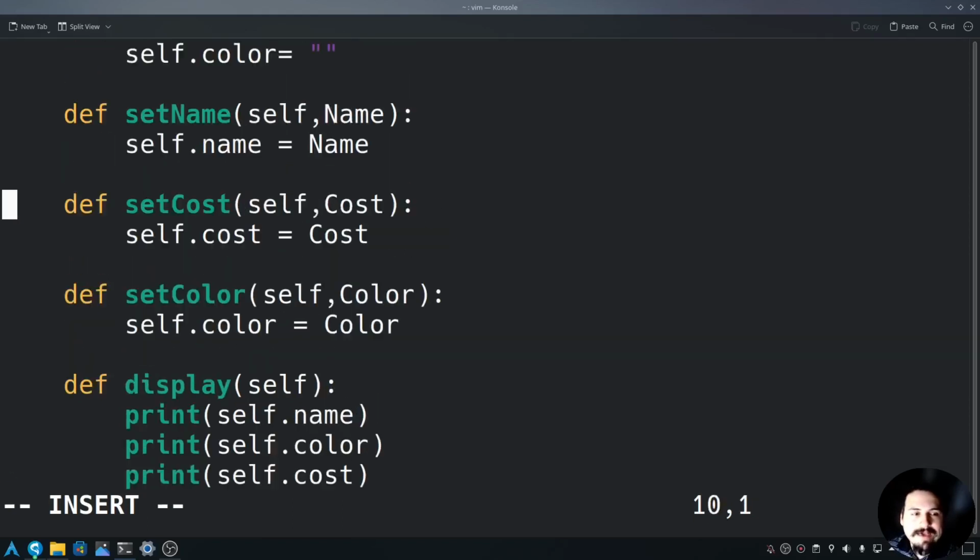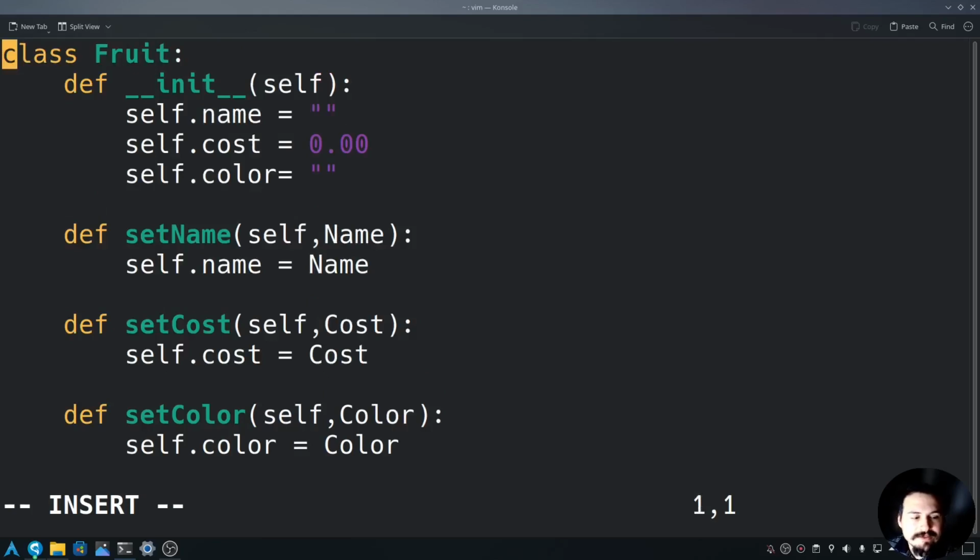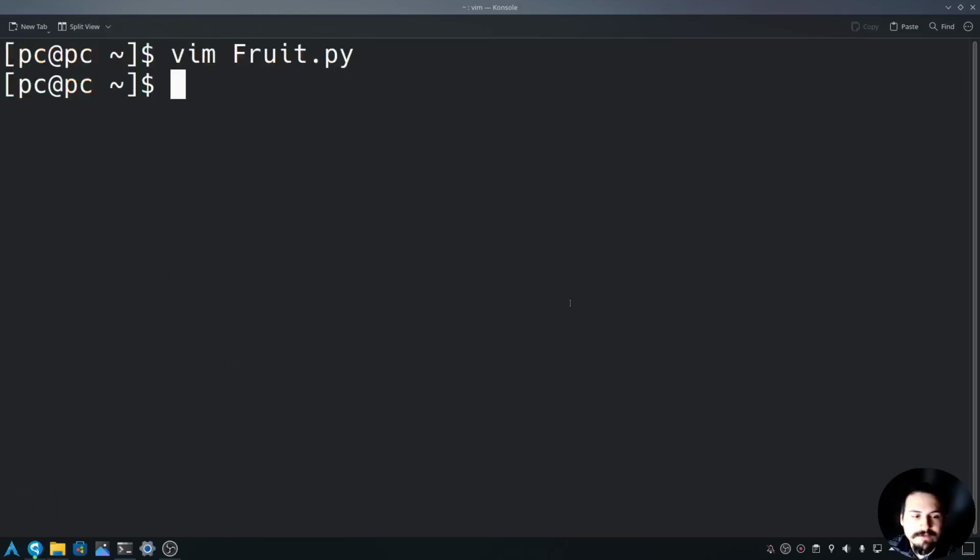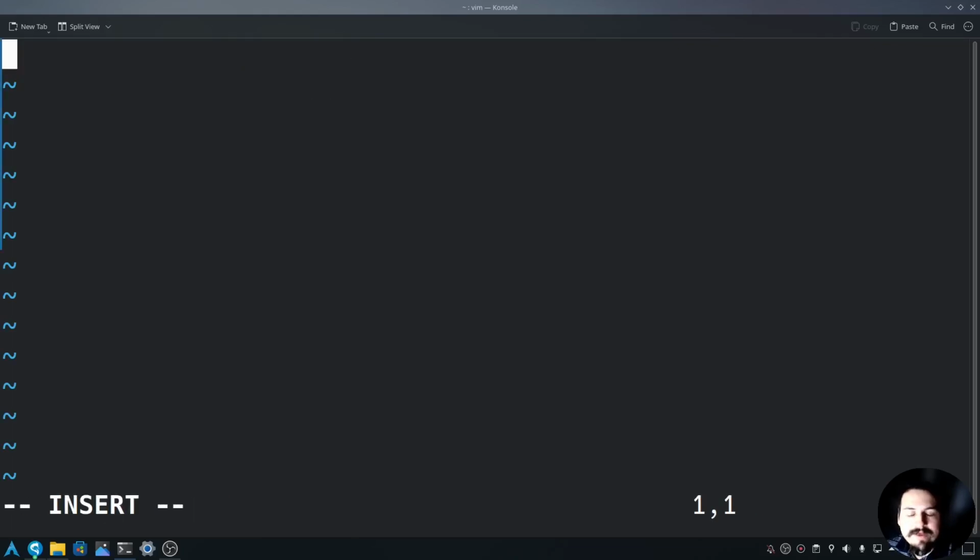Okay, now that we have this class set up, let's go ahead and exit out of here by pushing escape, :wq to save the file. Now let's create our main function and call the fruit.py class. We have to first say vim space main.py here. Now that we're in the main Python file, let's import our class by typing from fruit